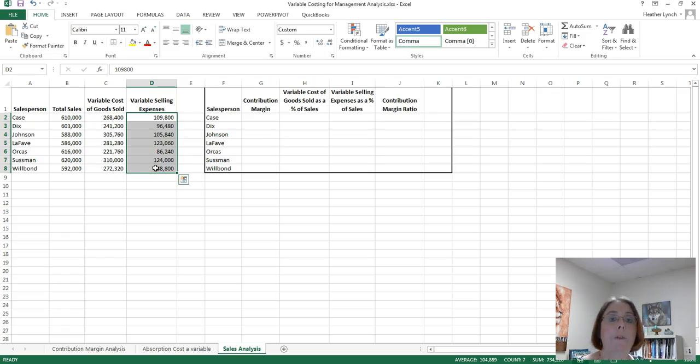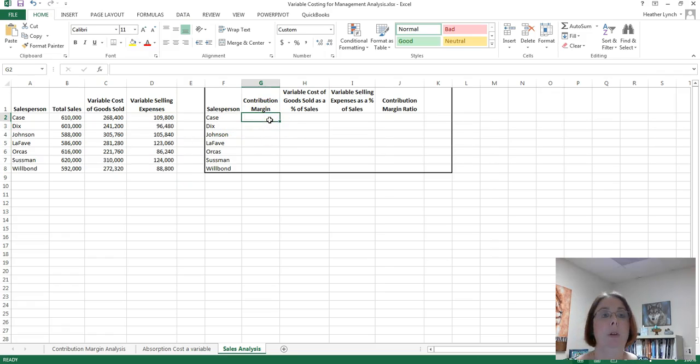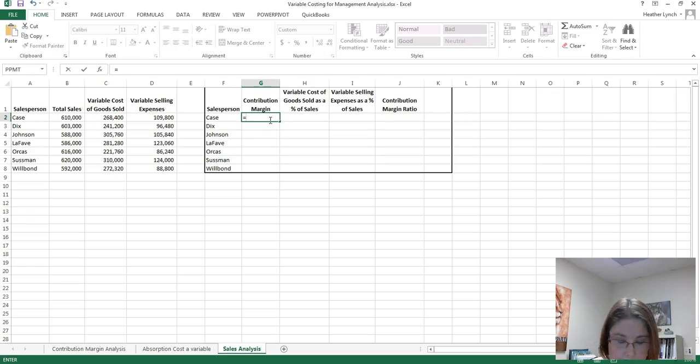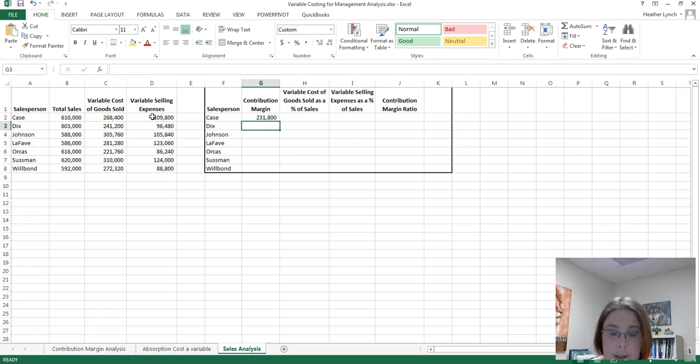Okay, so first what we want to do is we need to find out their contribution margin. And again, remember, contribution margin is the difference between your sales and your variable cost. So we're going to take our sales minus the difference of your variable costing. We have two variable costings, our cost of goods sold and our selling expenses. So we have for Case was